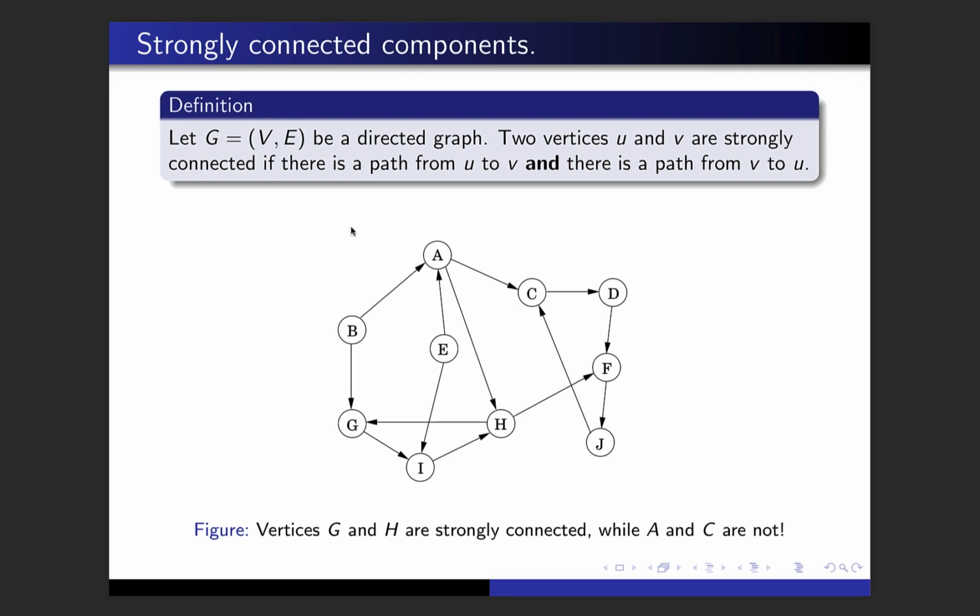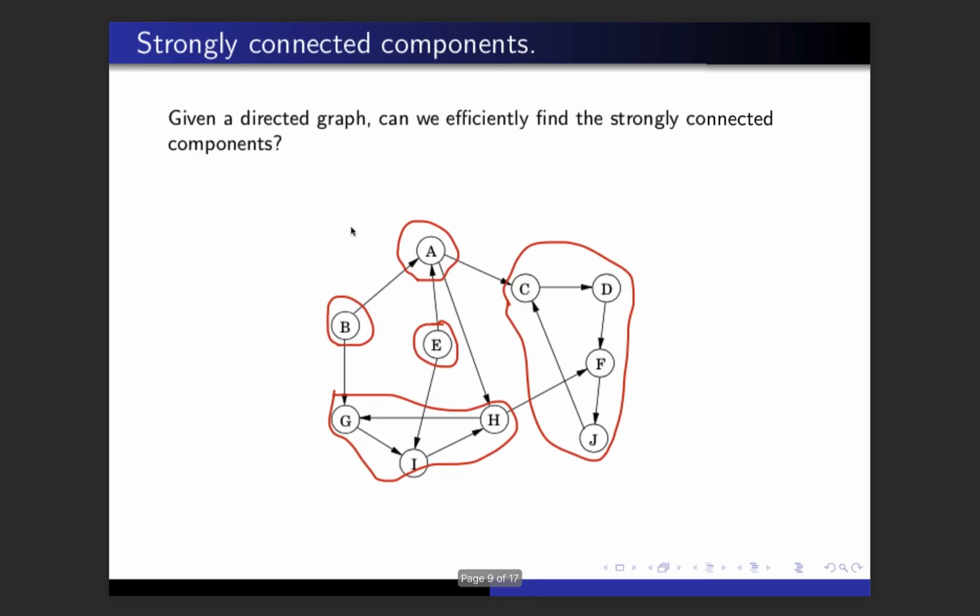So the question now is, given a graph, how can we efficiently find these strongly connected components. And here is the graph from before, and I circled the connected components for you. It's a nice example, just to realize how different components can be. They can have a single vertex that could be, a priori, well connected, like vertex A, which has edges coming in and edges coming out. You can have a single vertex, V or E, which are not really well connected. We only have a couple of edges coming out of these vertices,